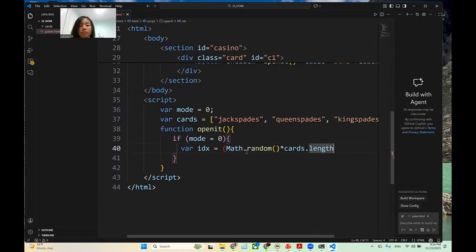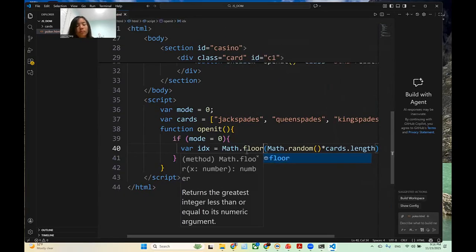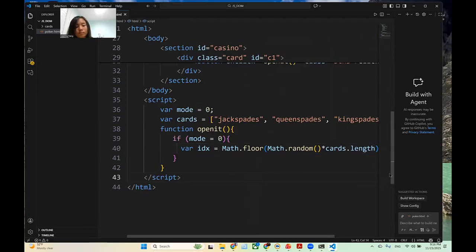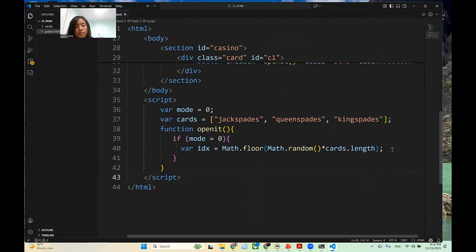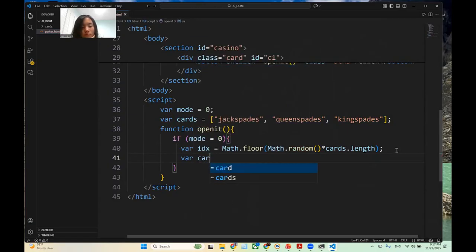and then you get the floor function. So this one will be 0, 1, 2. Okay, it actually is a random number of 0 to 3, but not including 3. So you will get the random number of 0, 1, 2. Okay, so this 0, 1, 2, you get the index, and then you will do variable card be equal to,